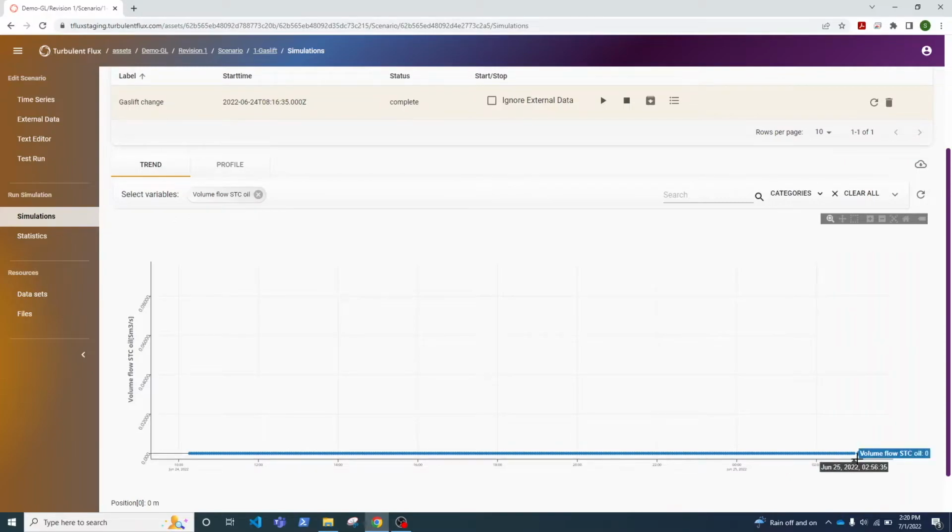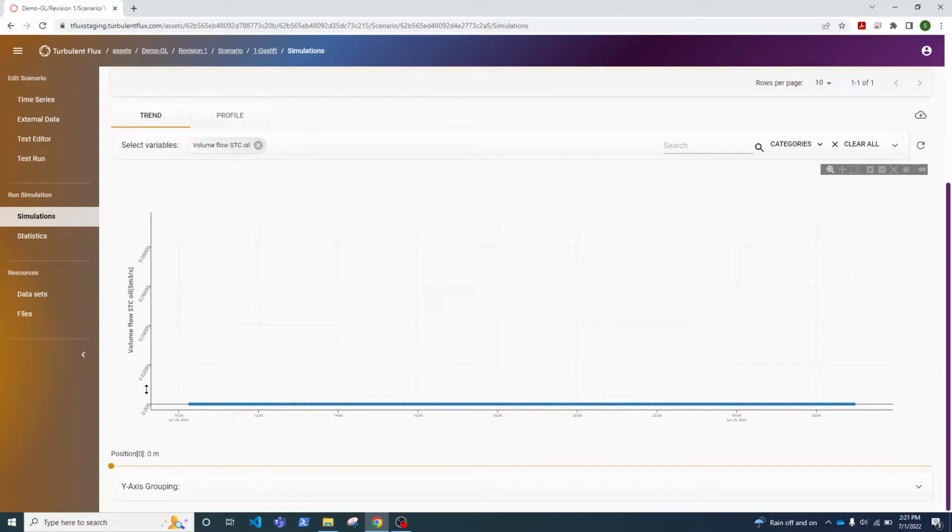So it basically takes the start time, the local time when you have started the simulation, and then on the top it adds the end time of the simulation, as we can see here. On the y-axis we have volume flow oil at standard conditions. This slider is for if we want to plot trend data for different positions, so it starts from 0, meaning